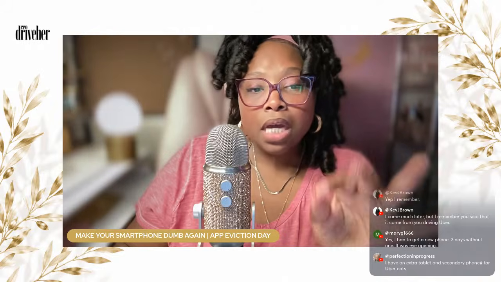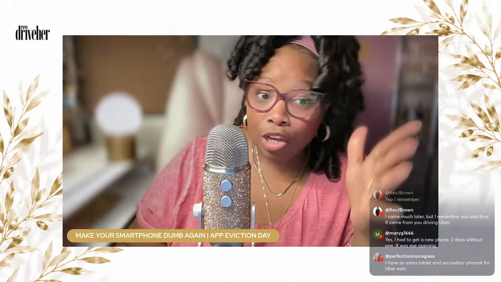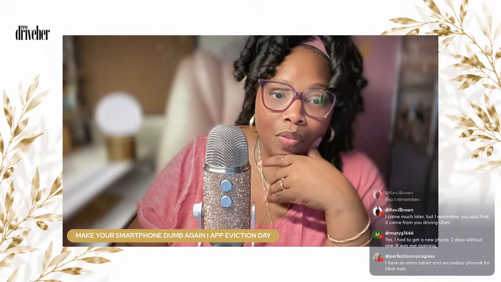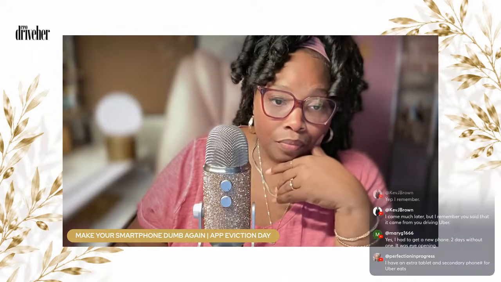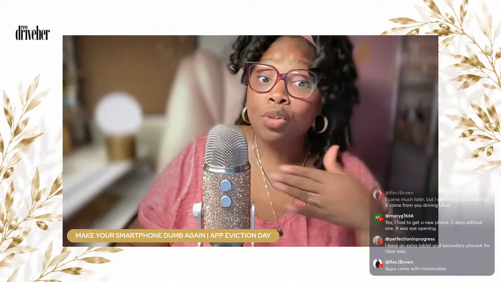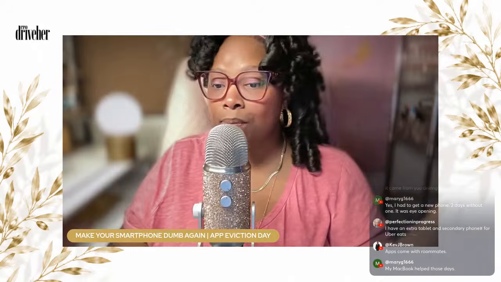Okay. Understand this. Apps come with roommates. I can go even with Uber right now. You're on one app. You think they're just keeping all the data. They're not. They come with roommates. They're third party. A lot of these breaches come from third party players that are working in the background in conjunction with it. Mind you, I make apps. I make web-based apps. So I know what I'm talking about here. Where are my tech people?